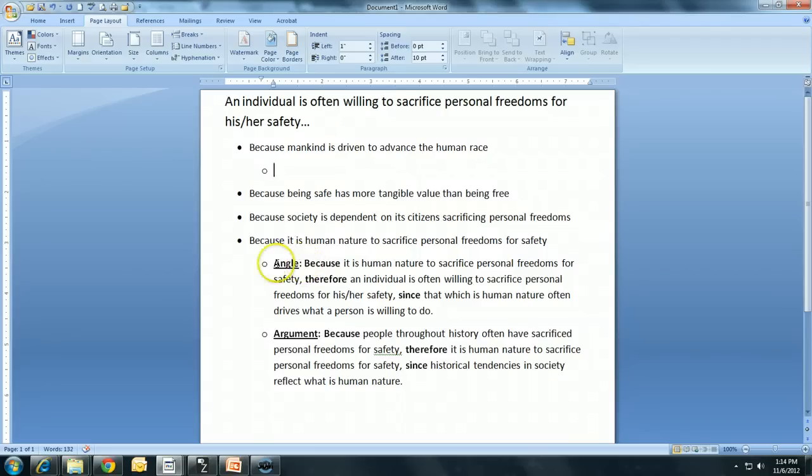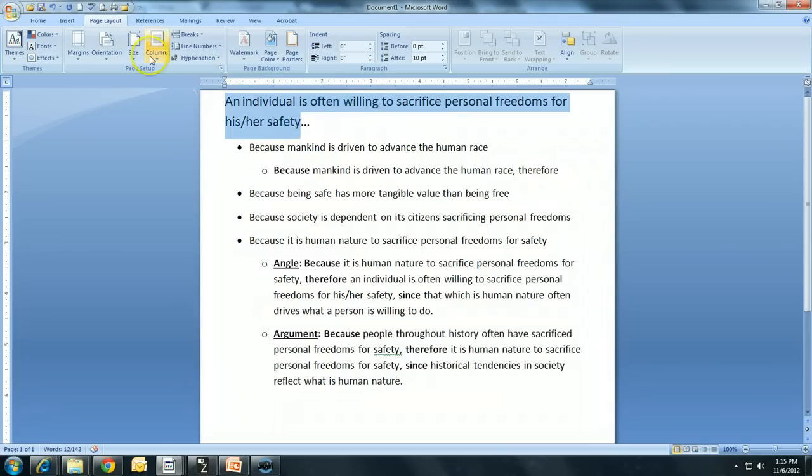I'm going to define my angle here with the Toulmin model sentence. Let's write this one out. All right, a Toulmin sentence begins with "because of my support," and remember my instructions for support. You're pulling your supporting claim for this one, because we're testing how well the supporting claim supports your thesis. So, because mankind is driven to advance the human race, comma, therefore, and that's where we input our simple thesis,